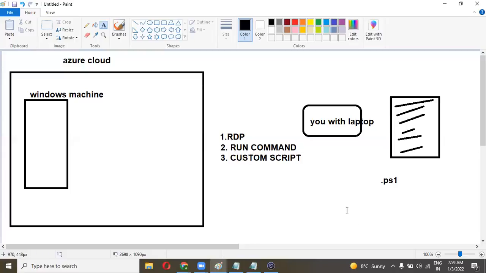Like we have .mp4 for MP4 files and .mp3 for MP3 files, .ps1 is a custom script extension. Got it? Yeah, yes.